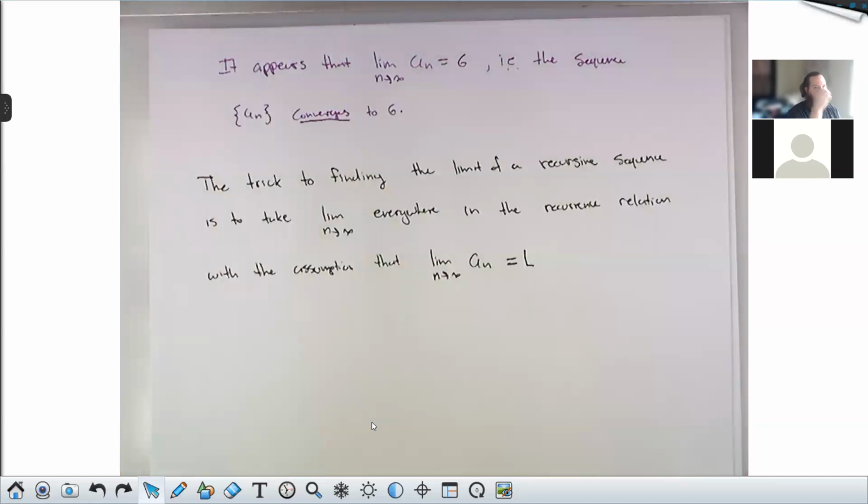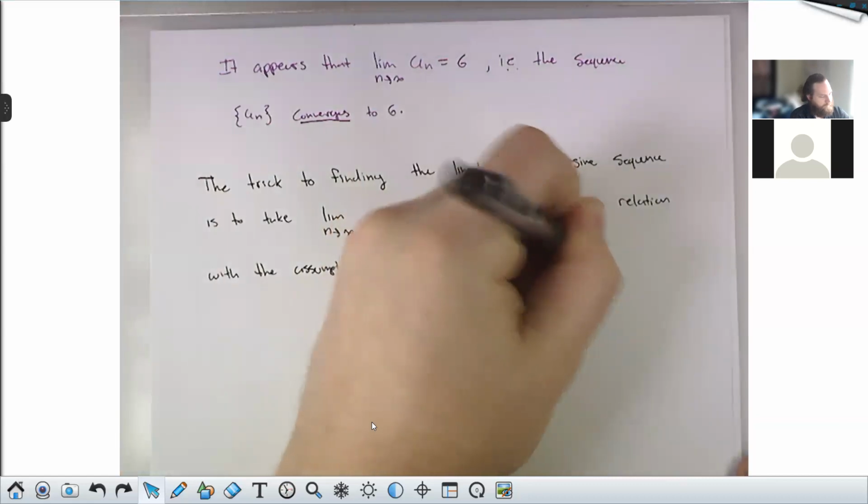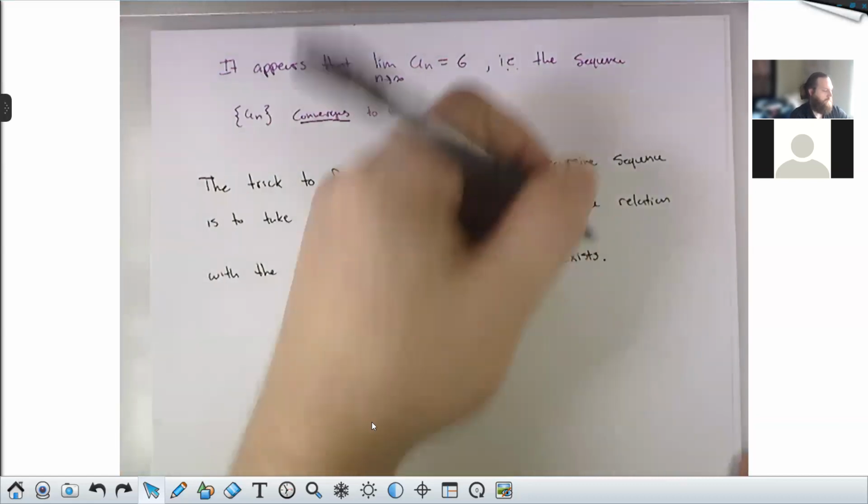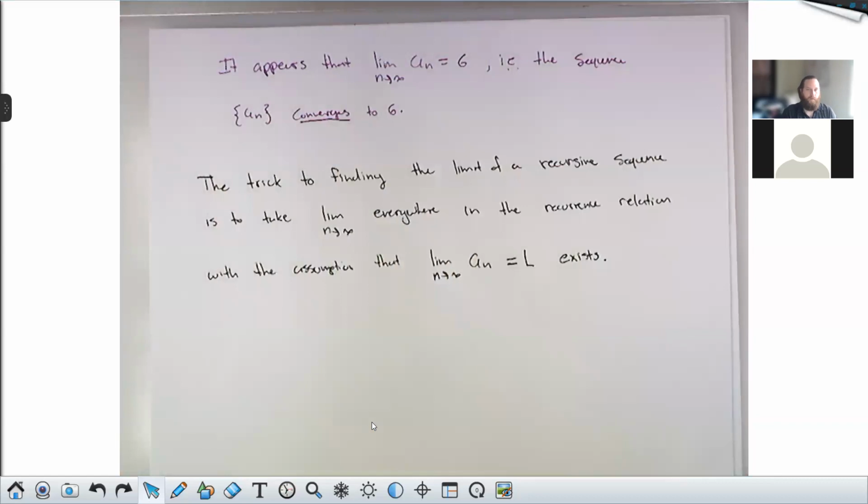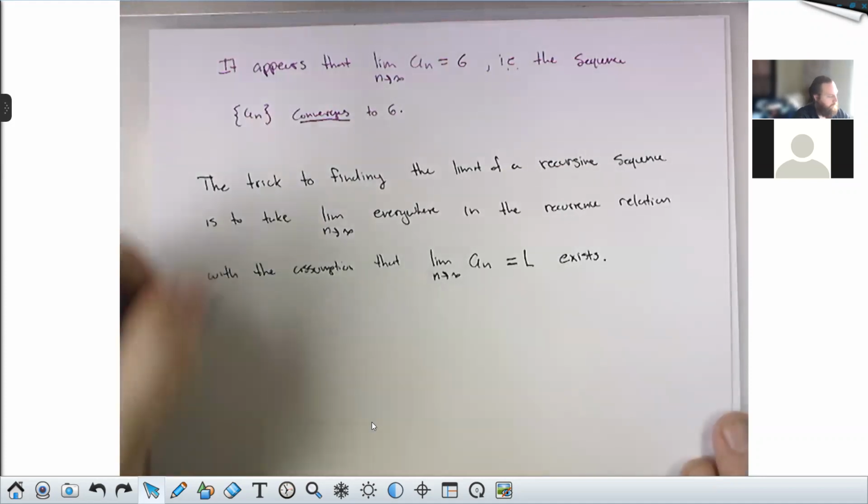We call it L. There's one other little bit of information or thinking that is required here, and I'll address that as we do it. So for the problem above,